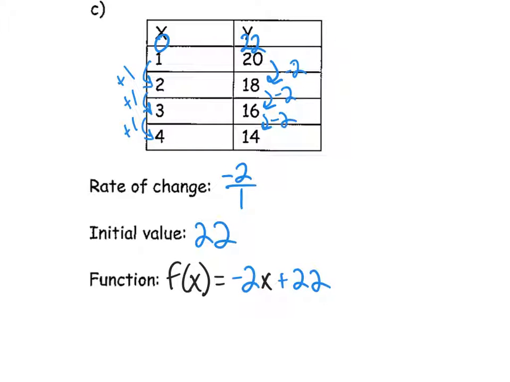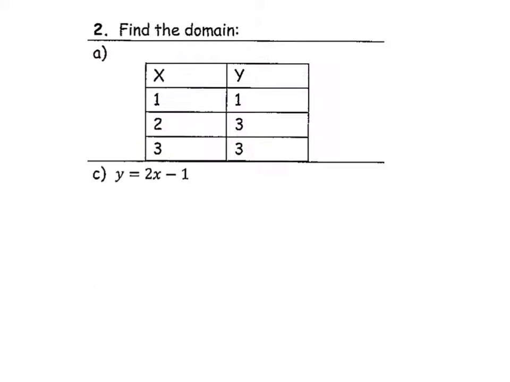Okay, now I'm not going in order. Remember this. So let's move on. I'm going to 2A and 2C. Jump down to 2A and 2C. Okay. The directions say find the domain. It does not say find the rate of change. It does not say find the initial value. It says find the